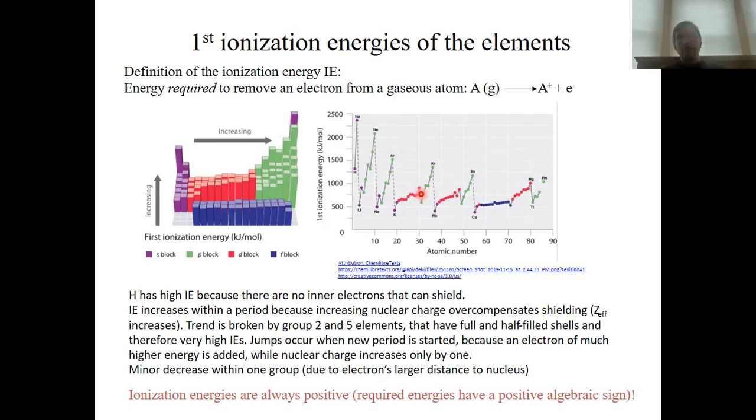Now these electrons can shield significantly better. So therefore the effective nuclear charge doesn't increase as much as for the main group elements. Okay, so you see that this is explaining the behavior of